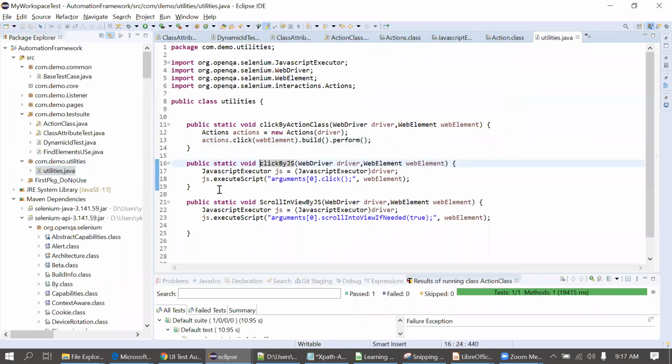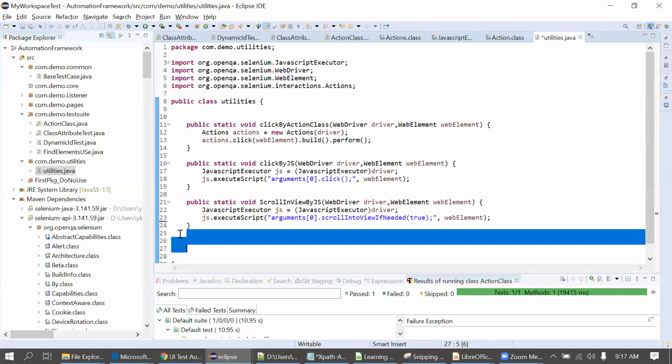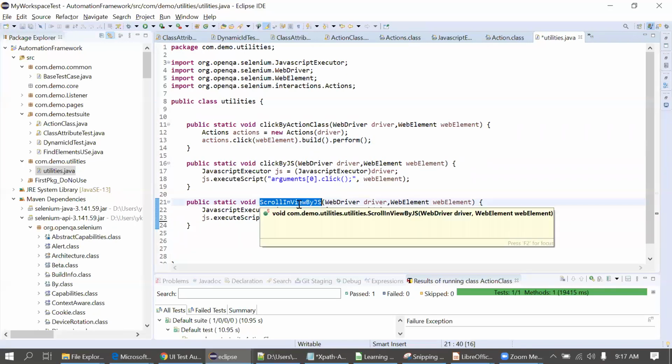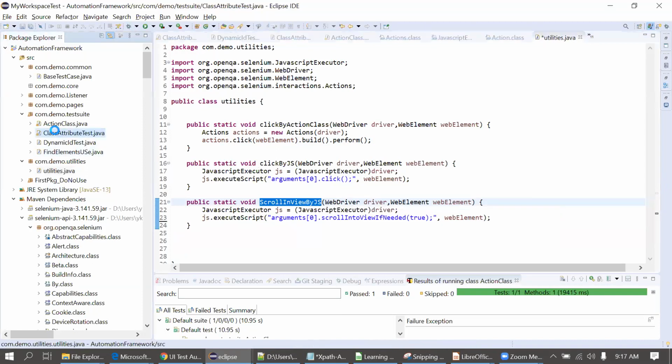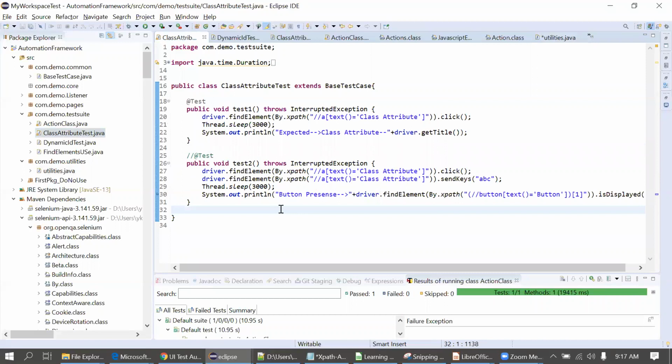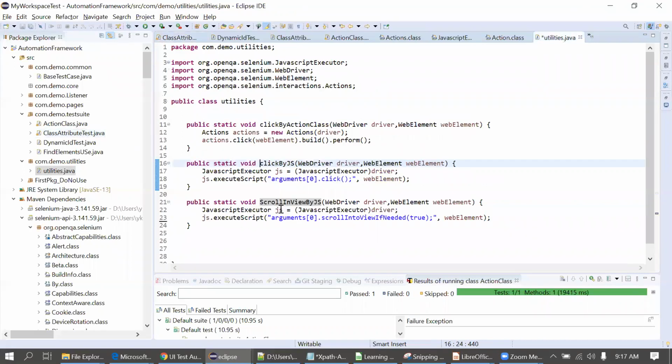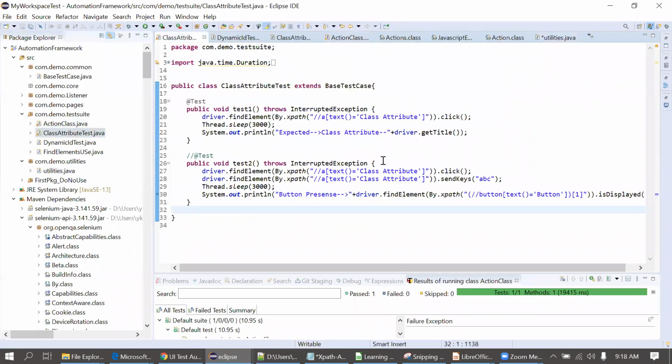Yogesh, I believe we can also scroll down the page using the normal driver class as well, right? It will automatically scroll in some cases, but if it is not scrolling, then we can go ahead with this method. Suppose now we are executing the previous classes. My question was, without using the JavaScript executor, can we also scroll down using the driver class? What is the method name? Do you know? No, I don't remember.